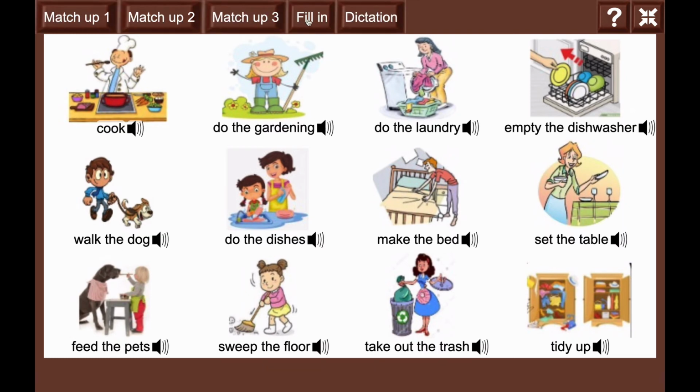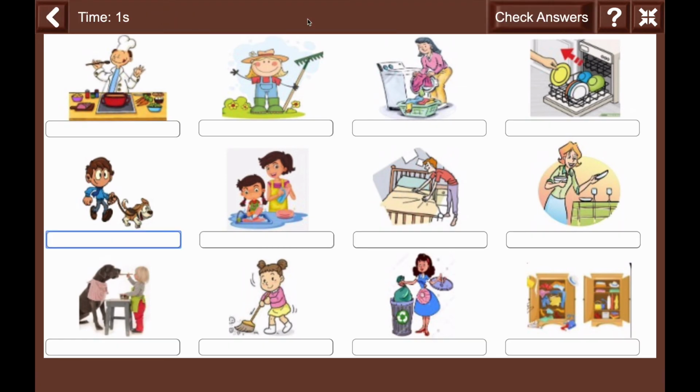Then we have fill in. This one is a little harder. Do you remember how to write each vocabulary item? What about this one? C-O-O-K. Cook. What about this one?